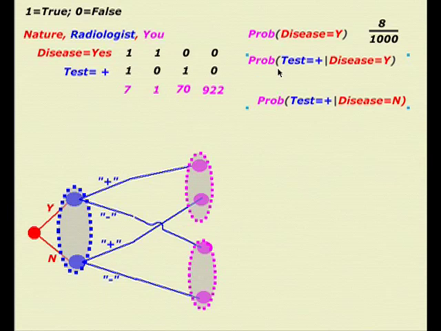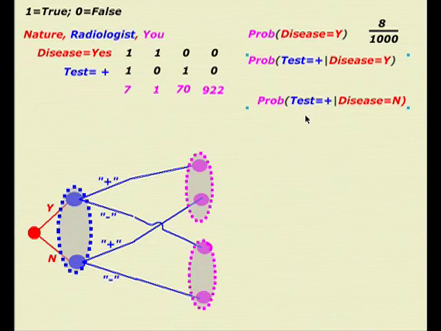We say the probability, and just think of it reading left to right, the probability that the test result is positive, and the slash line here means given. Okay, if there is a disease, of which there's 8, 7 out of 8 will show up with a positive test result. If there isn't a disease, then that's 992. Okay, then only 7 out of 992 are going to show up with a positive test result. Okay, that's about 7%. So 93% of the time you're picking up the fact that people don't have a disease. Again, it's not a bad test, but it's not perfect.